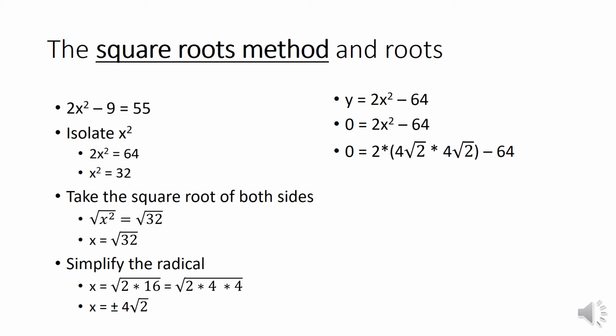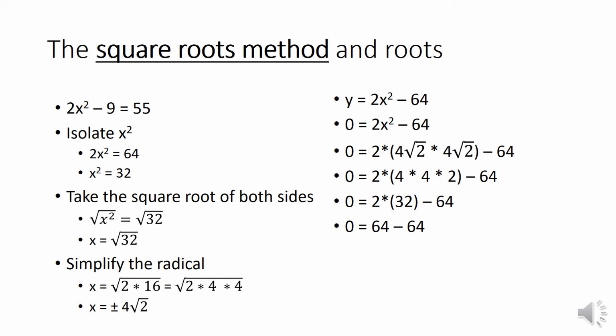So let's just work with that parenthetical first. Alright, that's going to simplify to 4 times 4 times 2, because remember, the square root of 2 times the square root of 2 just is 2. So we have 4 times 4 times 2. So that parenthetical right there is ultimately going to come out to 32. So we have 0 is equal to 2 times 32 minus 64, which is just 64 minus 64, which does